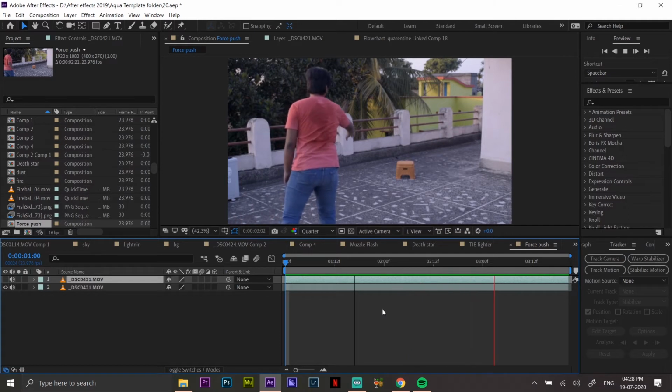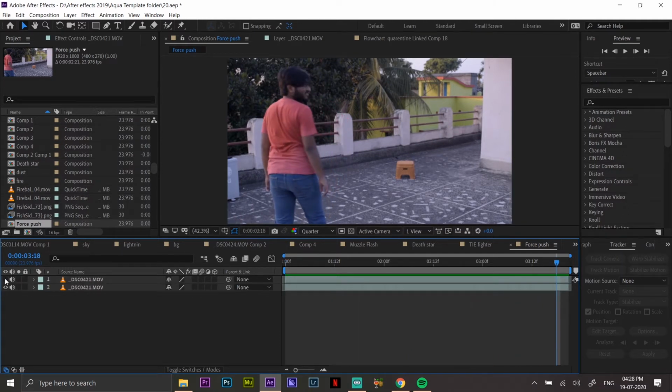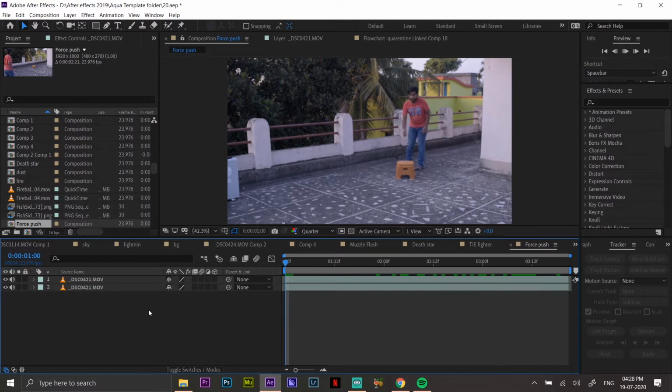Bottom layer is for the push and the top layer is for the object which will be pushed. So as you can see, I'm manually pulling it so that it looks like I was pushing it.